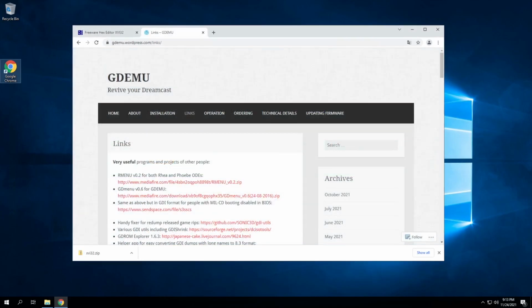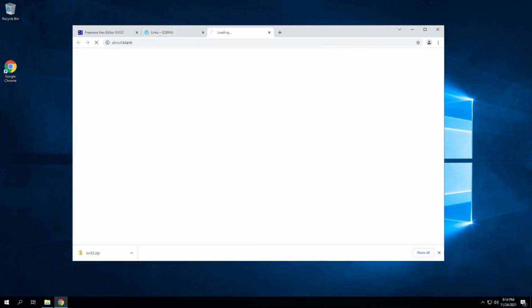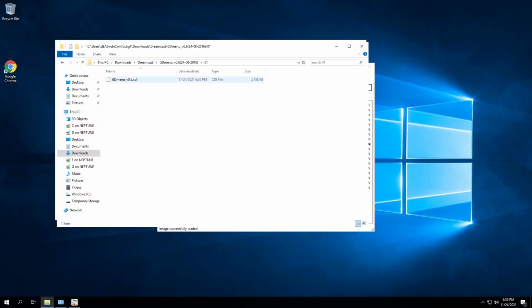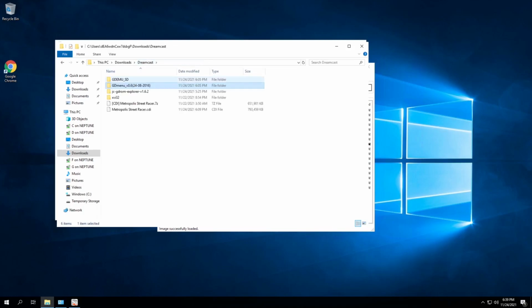To download the GDMenu, go to the GDEmu WordPress site here, and then under links, there is a MediaFire link to download the zip file. The GDMenu file gets copied to the first folder on your SD card and provides the menuing options, and then the GDEmu SD file is what will create the index and table of contents